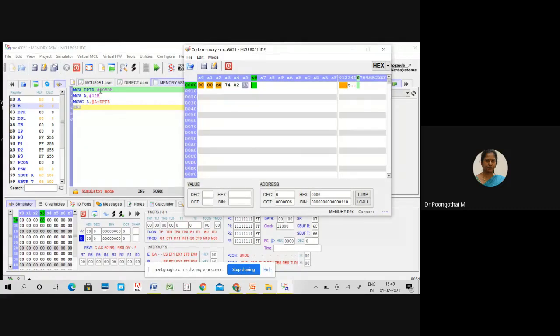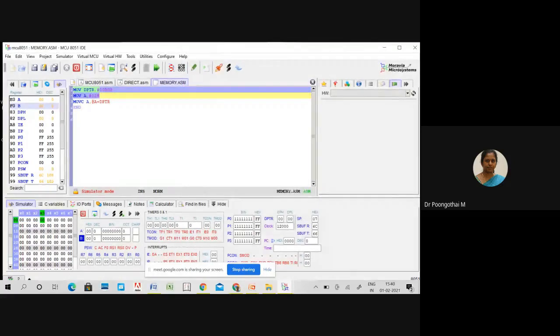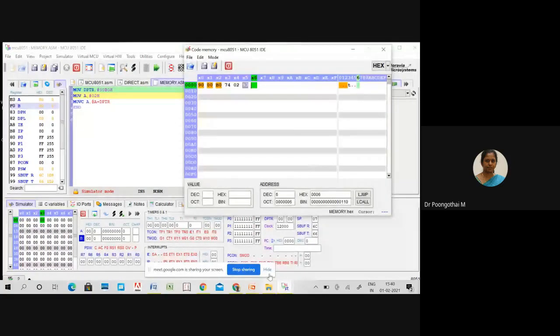So I have used this address 00B0. So I am entering some data: 64, 65, 66, 67.